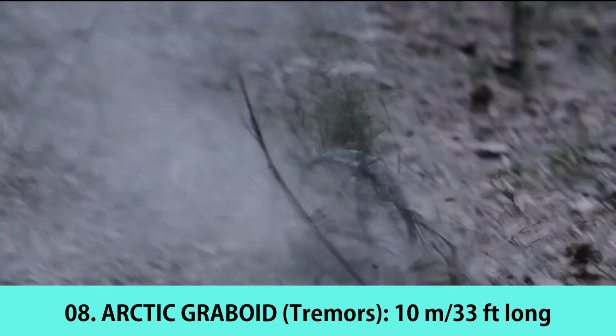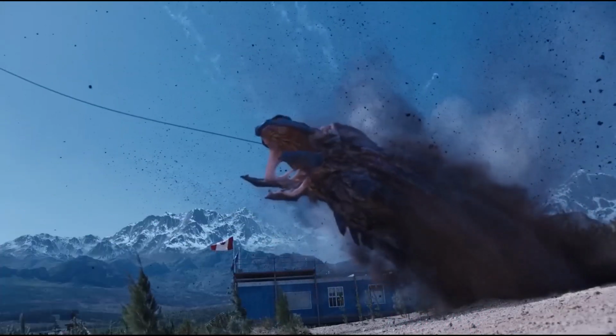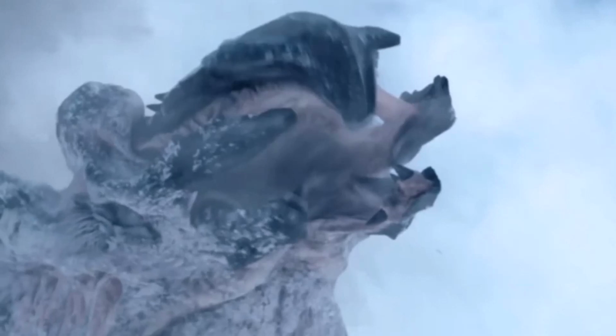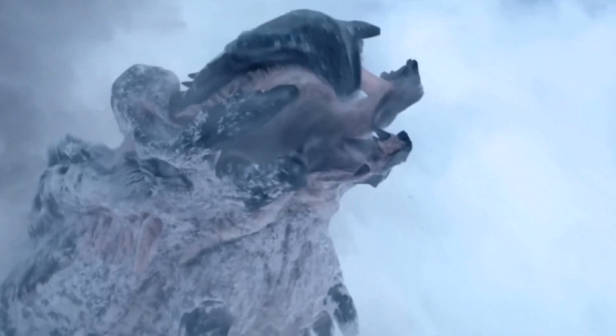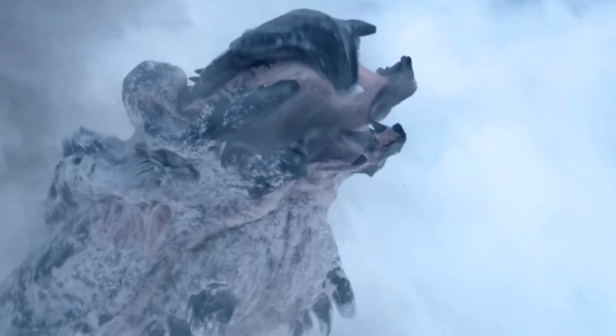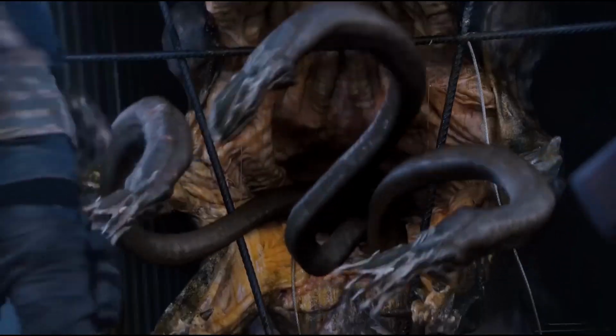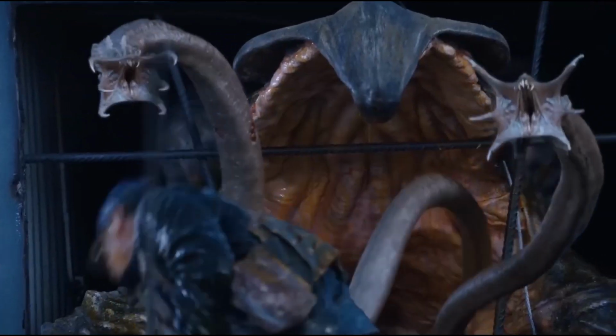Number 8. The Arctic Graboid. Seen in the movie Tremors: A Cold Day in Hell, part 6 of a 7-movie series, these are the third species of graboids to be discovered after the American and the African. However, the movie suggests that this species might have been the first one, and then they gradually evolved into subspecies as they went south. This graboid lives in the Arctic region in Canada, well evolved to survive in the cold